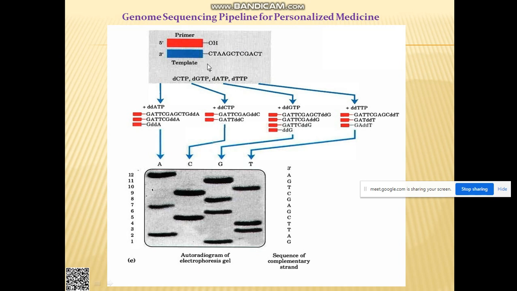So from which the gap will be filled up? From all these four things. Okay. So these are added in adequate quantity. Now there is one more thing. Now this is the Sanger method for which he received the Nobel Prize during the 1960s.